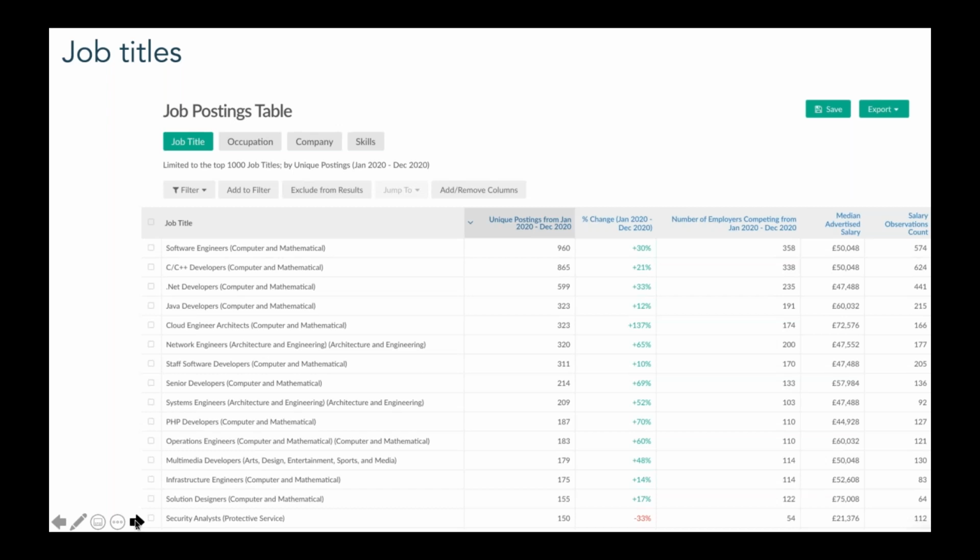So this table is showing job posting data for 2020 for those occupations that we map to the AI data specialist role in the Enterprise M3 LEP region as before, and we can see the bulk of demand in those top 3 job titles. And this is useful as it shows demand in terms of recruitment activity, and it's easier to see relevance between a standard and a job title than an occupation.